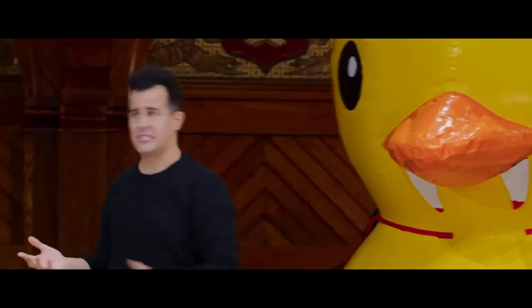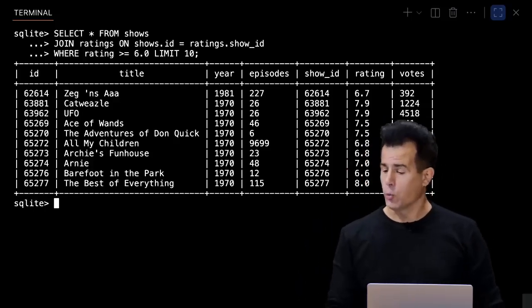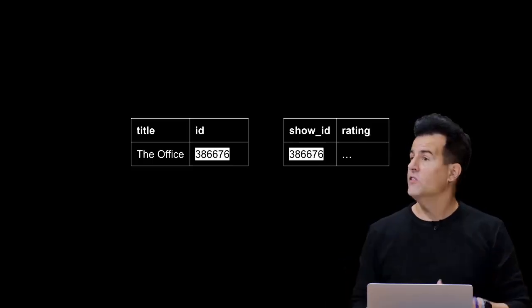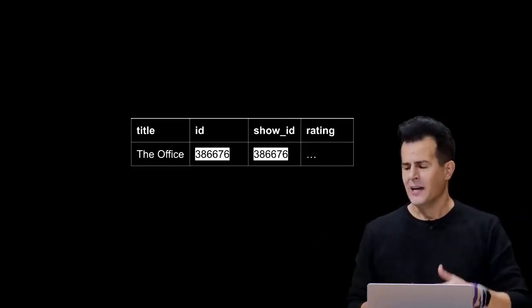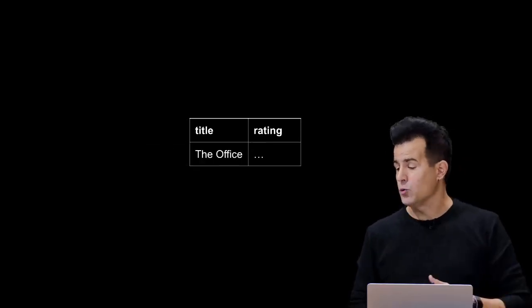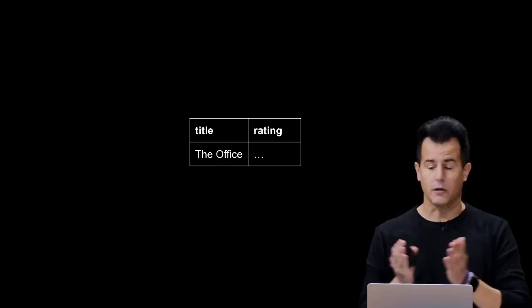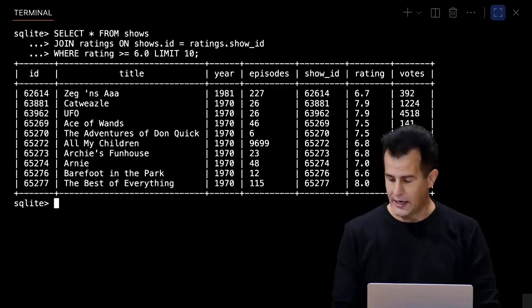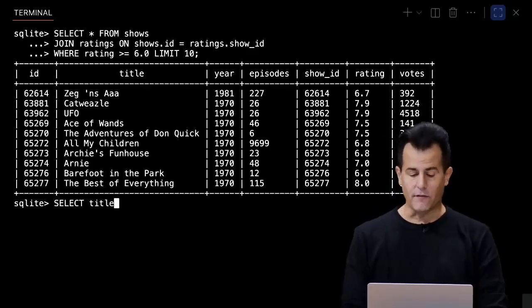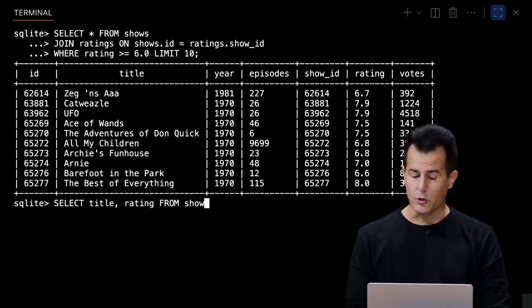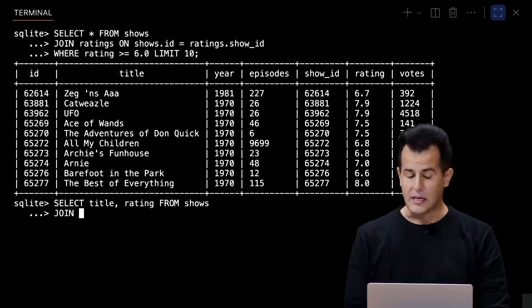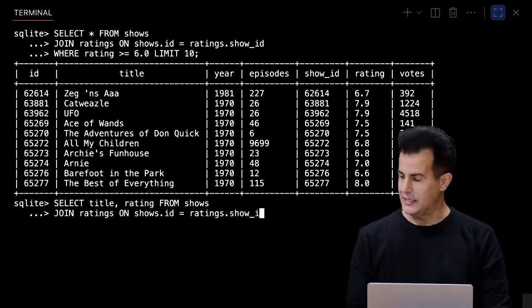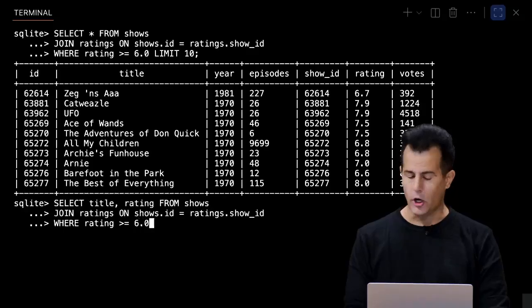Now, of course, most of this data doesn't seem very interesting if my whole goal is just to tell me what the ratings are for these shows. Well, let's go ahead and in code achieve this sort of result. Let's literally join these tables together. Let's get rid of the redundancy altogether. And then really let's whittle it down to just a title column and a rating column. So how do we do that? Well, in code, I'm going to go ahead and select more specifically the title of every show and the rating of every show from the shows table. But I'm going to join it with the ratings table on shows.id equaling ratings.show_id. And as before, I'm going to limit it to where rating is greater than or equal to 6.0 and